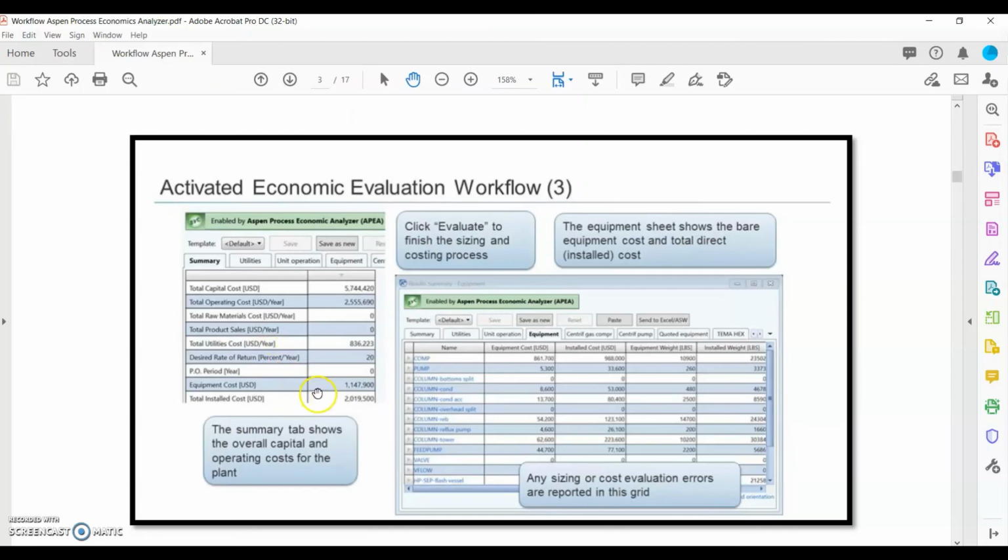If you go deeper into the individual tabs, you can check whether there are any specific errors. Whenever there are specific errors, you have to troubleshoot.